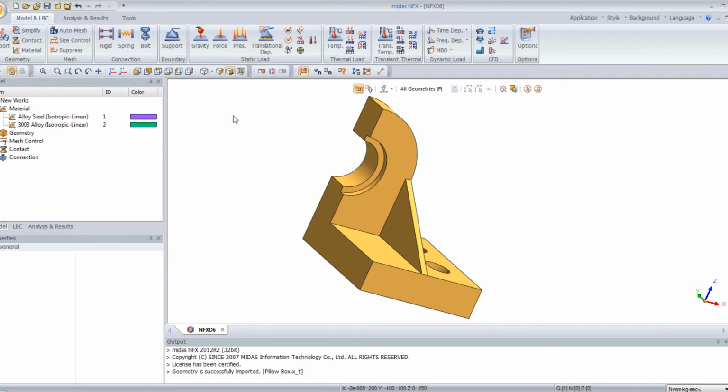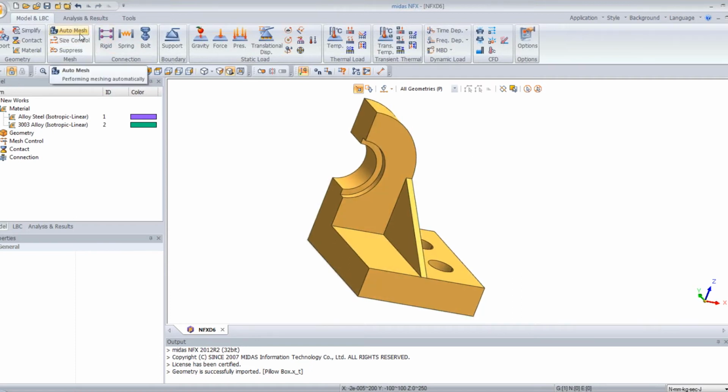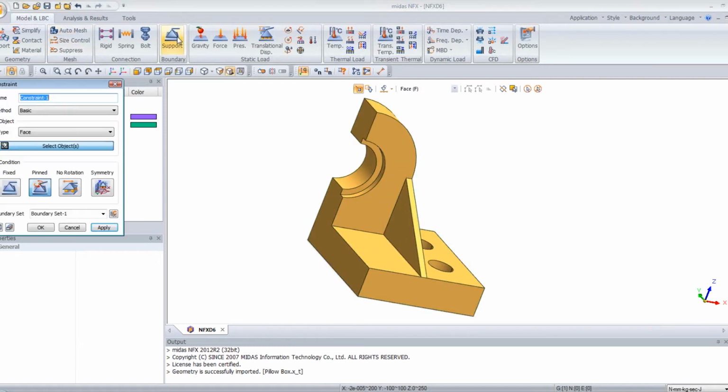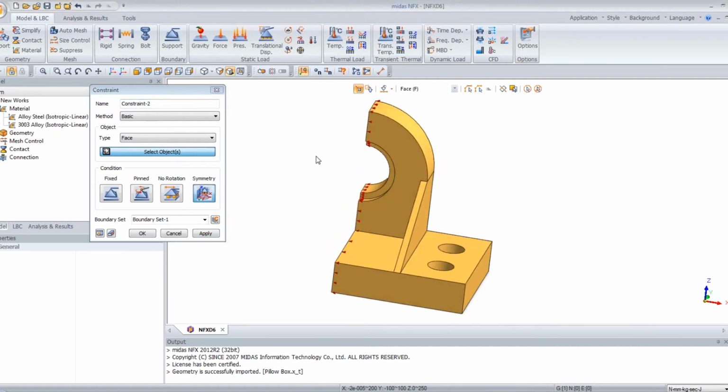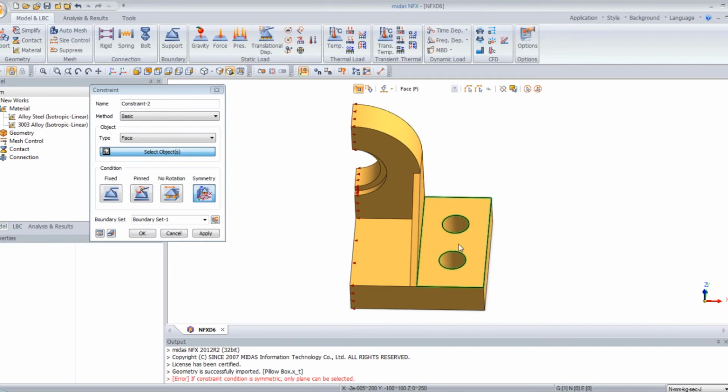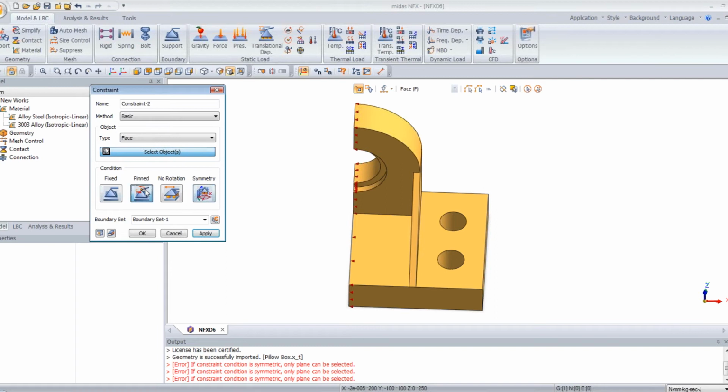So in fact, now I just have to apply the loads and the boundary conditions because it's just one part. I don't need to assign the contact. So here you see it's a dummy part. So I have to cut it. I have to assign the symmetry condition to this base here. Symmetry, apply, and I will pin this hole. Pin,